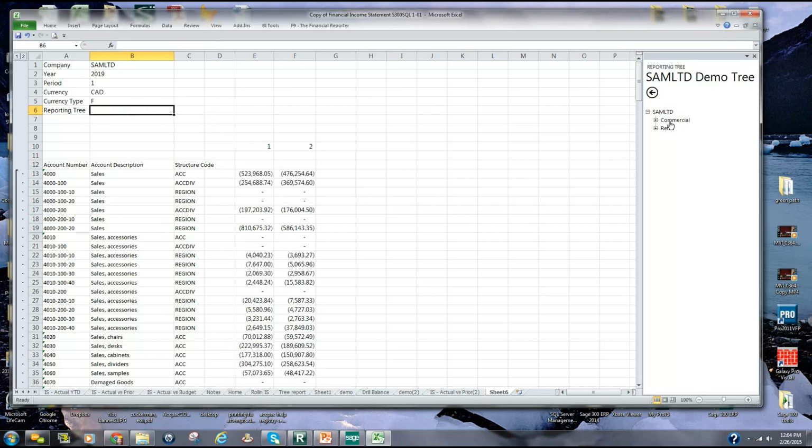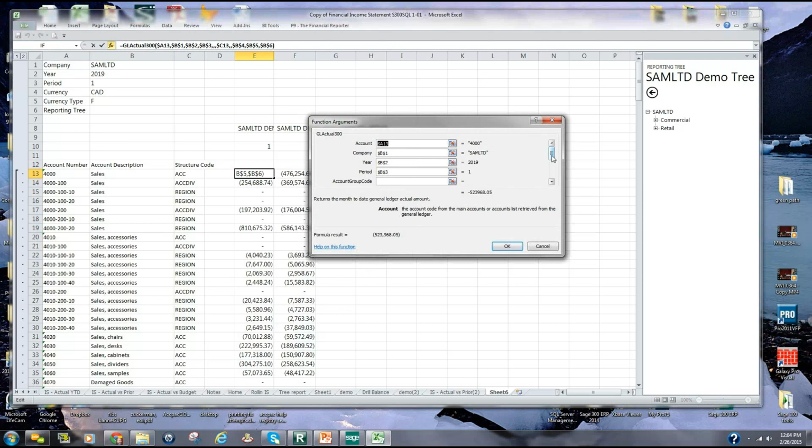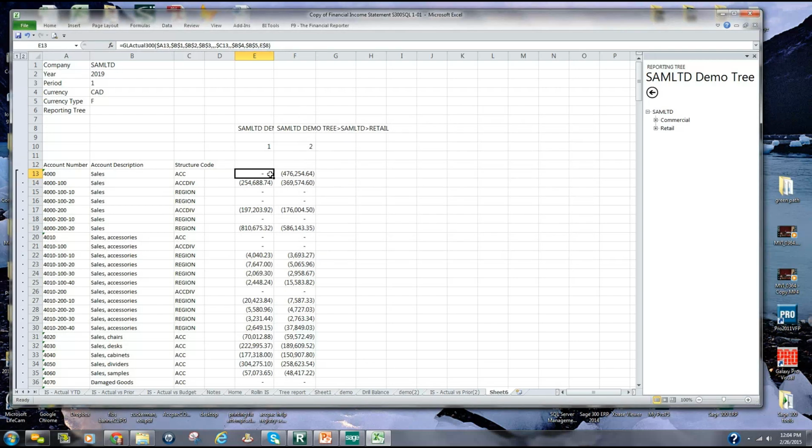And I go to commercial. Let's see, I put that over here. And retail, put that over here, a little overlap. But then I'm going to modify this formula. I'm going to say that the reporting tree is here, and I'll hit my F4 button. And I know it's always going to be on row 7 or row 8. But I may want to move it over to the next column, so I'll leave the E as being relative. Okay? And now if I drag this down,